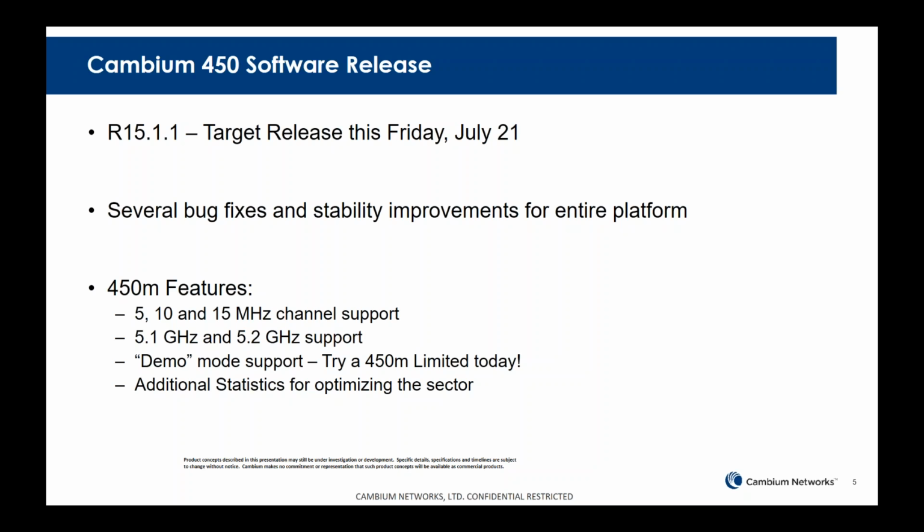And what we've added to that now is this ability to do demo mode, which means that you can turn on multi-user MIMO for a period of 30 calendar days of time. You can turn it on and off as necessary to use it and see what it'll do for that sector. So you can put out less money, put up the hardware that's capable, try it out, see where you need it, and then when you think you need it full time, you pay for the key, upgrade it,